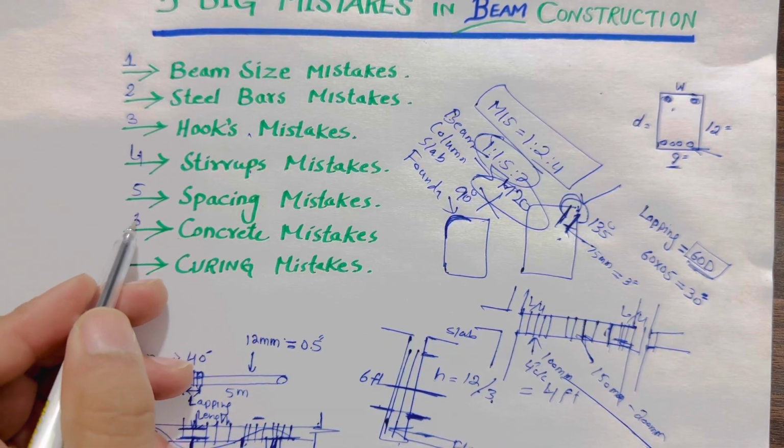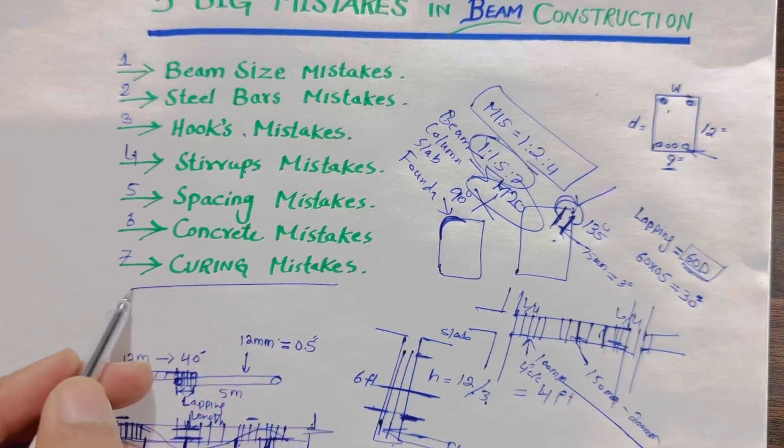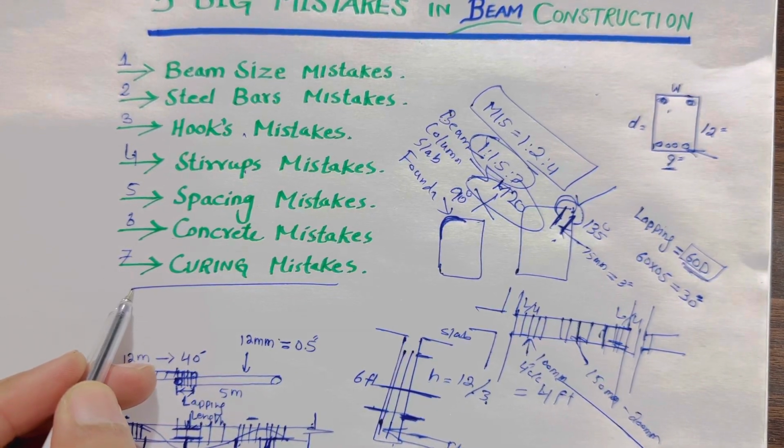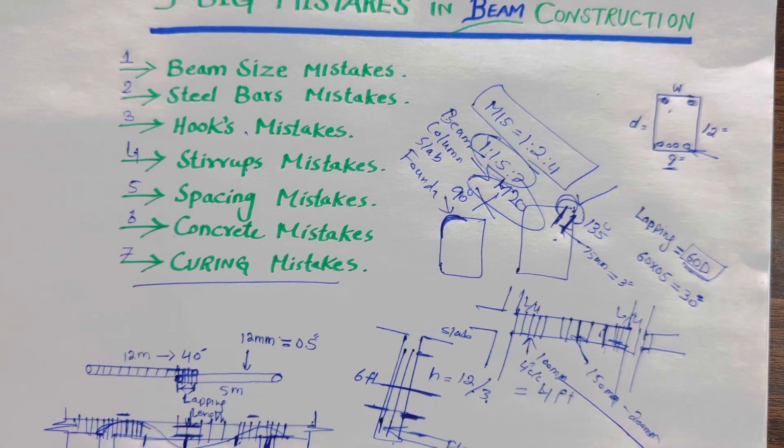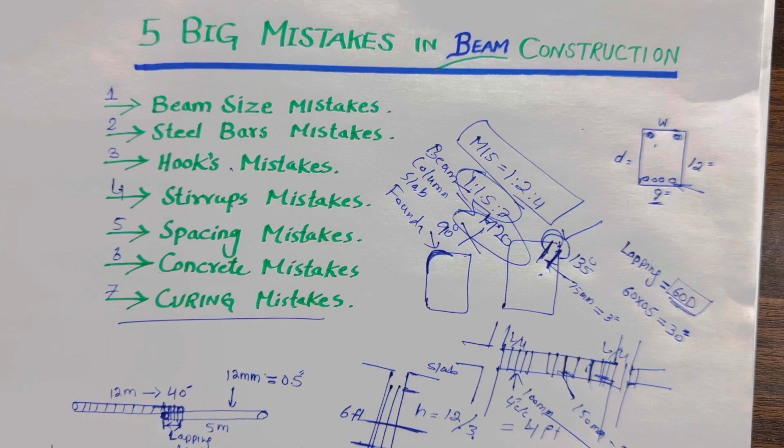Next, guys, this is the 7th number, curing mistakes. If you provide less curing for the structure members like beam, column, slab, you cannot get the full strength. So therefore for brick masonry,